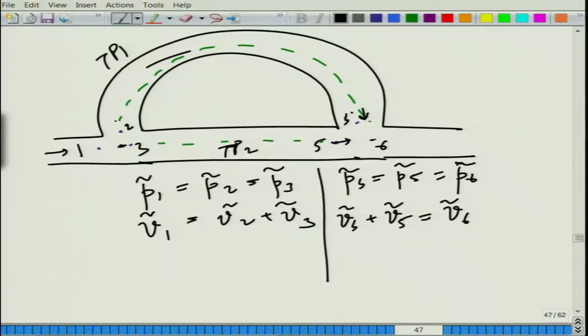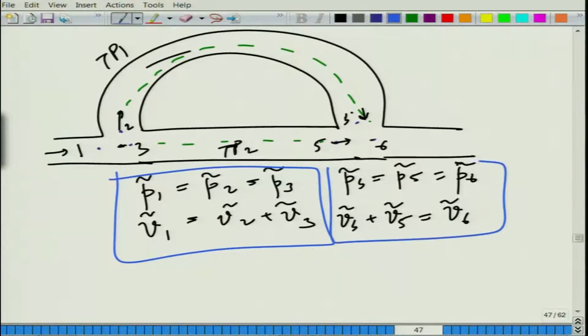Now, note that the wave propagation direction is such that the velocity at the inlet of the muffler, or at the assumed inlet, is taken into the system as positive, and at the outlet the velocity is taken positive in the direction facing outside the system, that is towards this side. But we can use another sign convention also later perhaps, but for now we will probably stick to this convention,